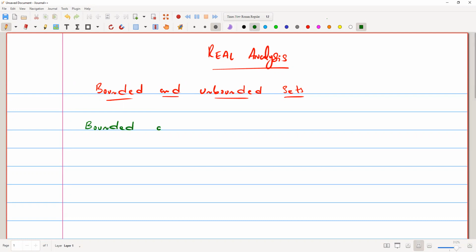above. So there are two bounds actually. There is bounded above and bounded below. So set bounded above, the definition is: let S be a subset of real numbers, say R,